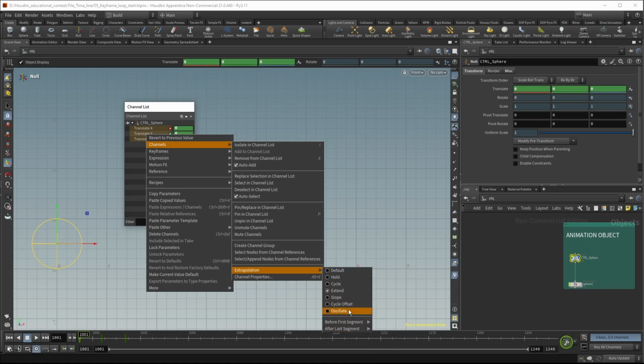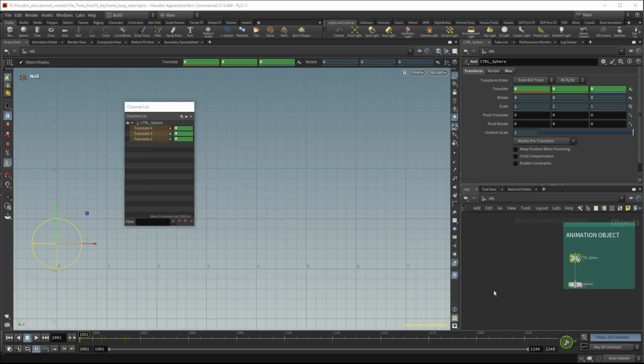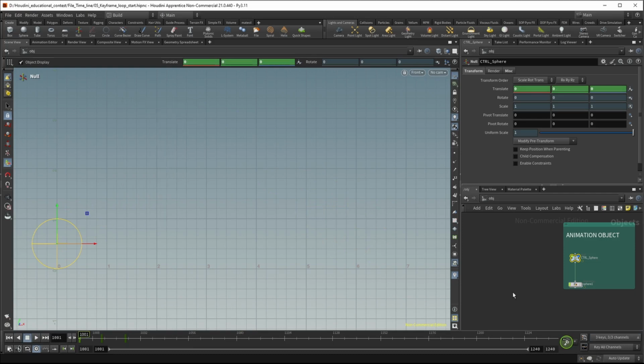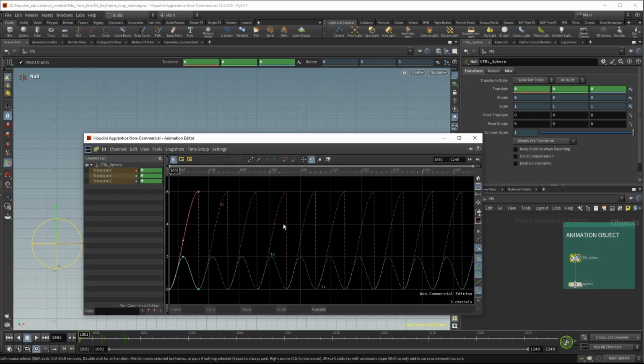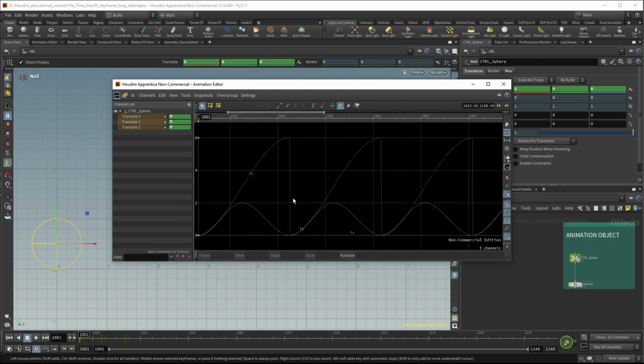Essentially, here you choose your looping. Okay, I can say cycle, for example, and now I see I have the cycle like before. But there is a very big difference. I don't see any key here because if I open the animation editor, hold on Alt, Shift, and F, you can see you have here our